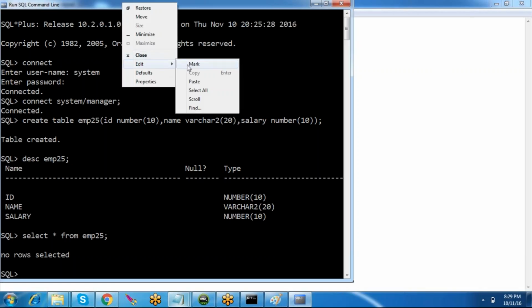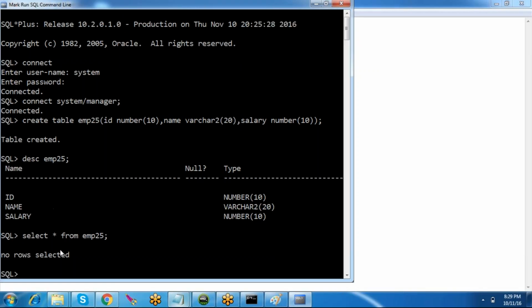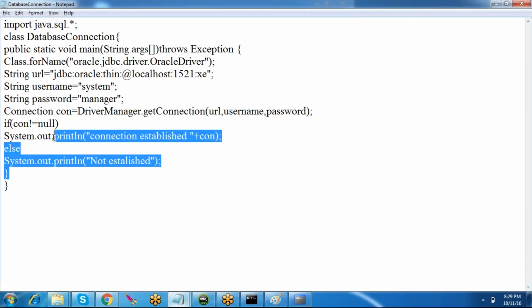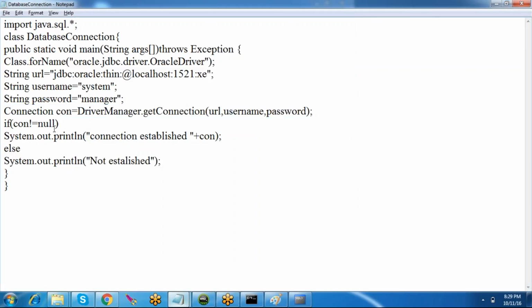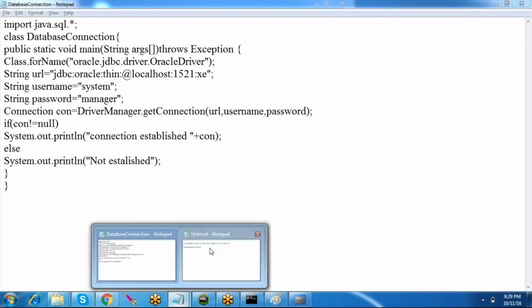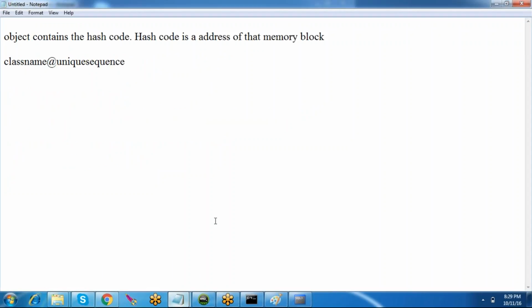Now I want to send a row. I can do it here using the insert command directly, but I want to do it from the Java application. Means a Java program is trying to send a command like an insert command to the database. So how to use the insert command? Means we need a method, right? So for that we have to use